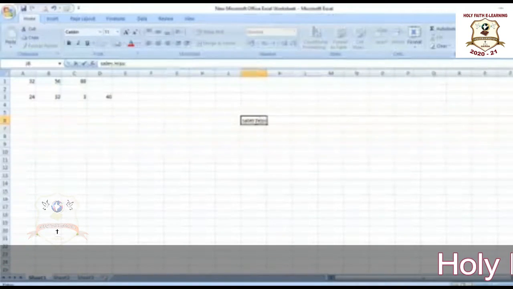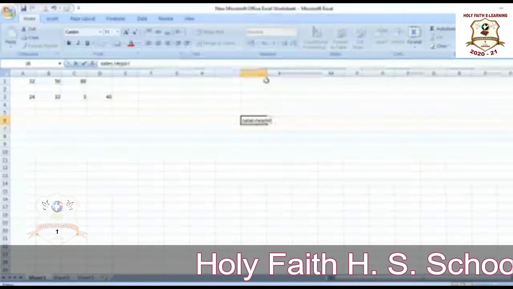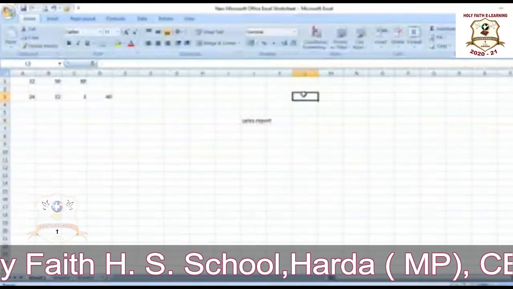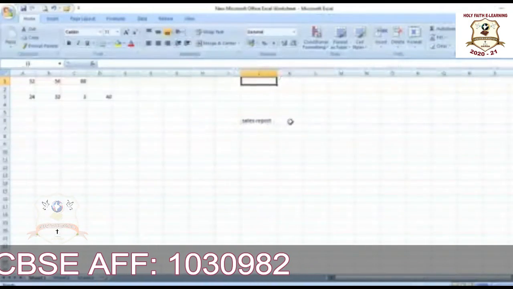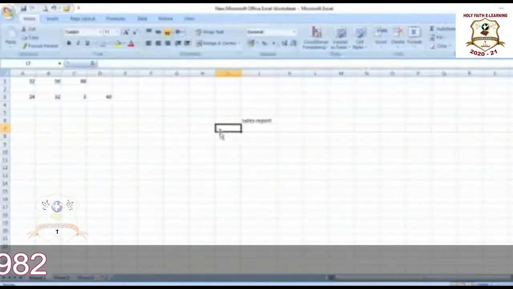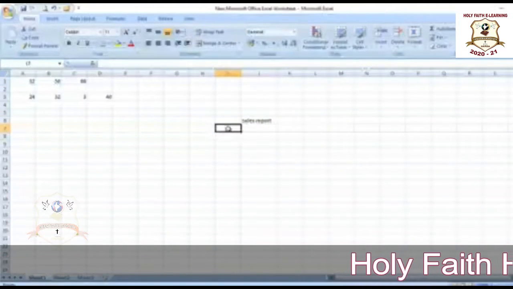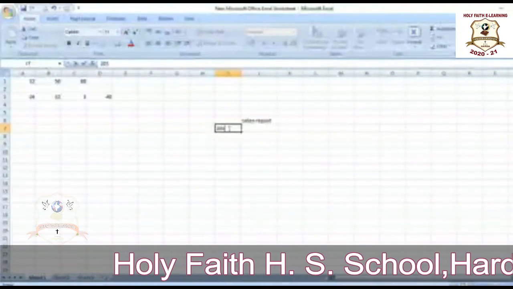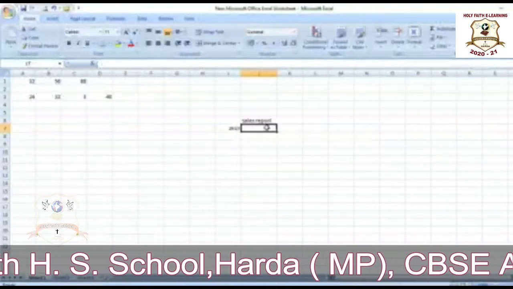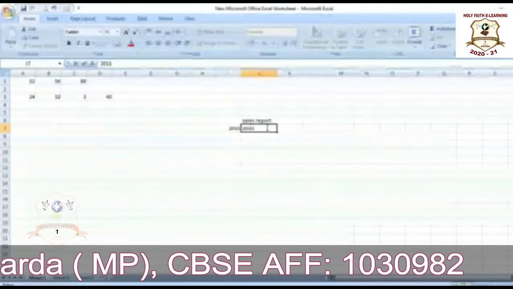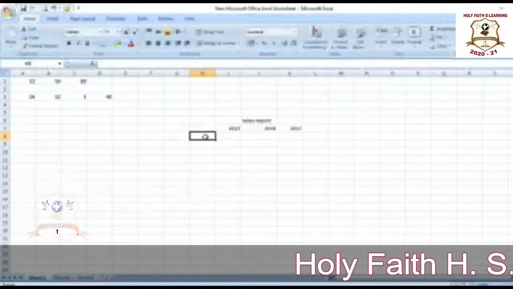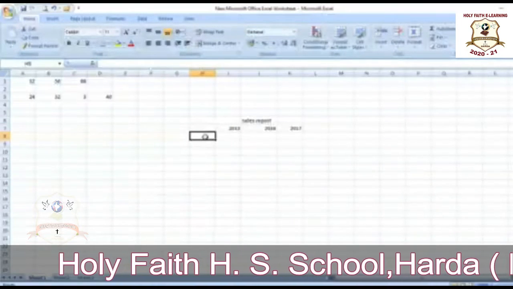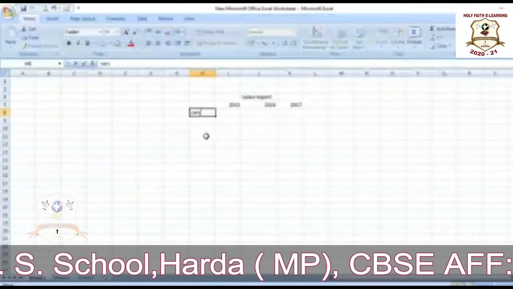Then here type different years, like 2015, 2016, and 2017.